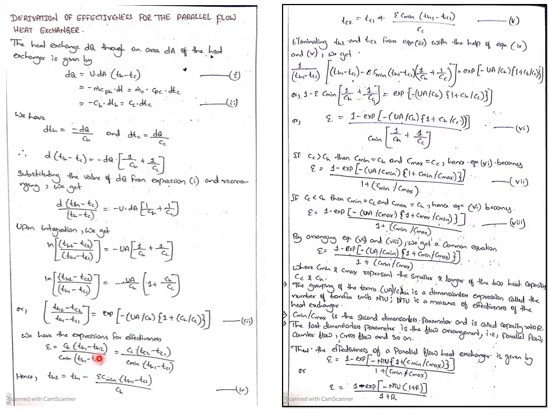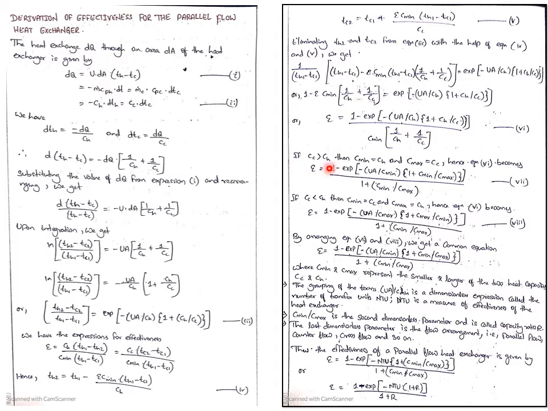This is the effectiveness formula, as I told you: actual heat transfer to the maximum possible heat transfer. So this formula you have to resubstitute back here in terms of Th2, Th1, Tc1. Now by rearranging those two equations and substituting back in equation number 3, Th2 and Tc2, if you rearrange the equations, you will get it in terms of C minimum and exponential format. If you take epsilon common and transfer to the right hand side, this is the equation you will be getting.